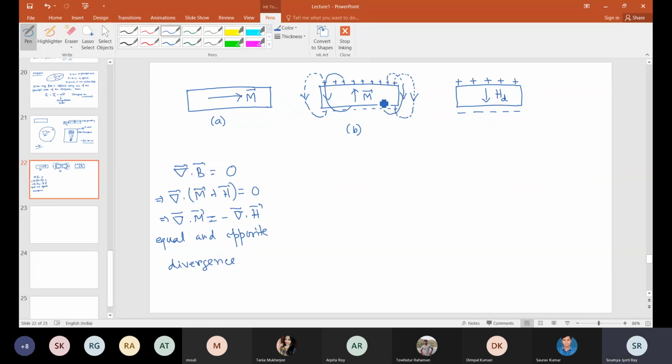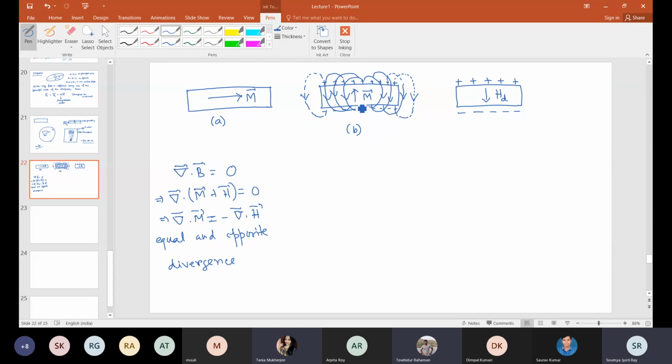Now in this particular case, since the geometry is such that the magnetization is perpendicular to the plane, many of these flux lines will go through the material itself. Do you understand what I mean?